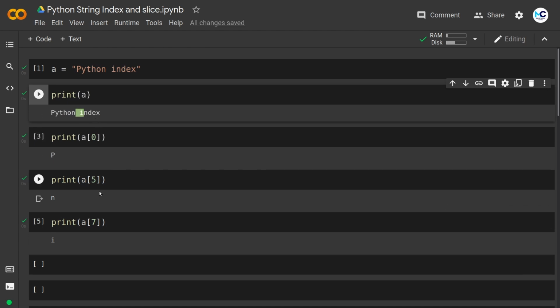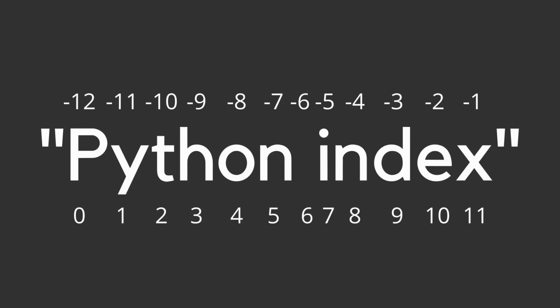Now if I want to print the last character of the string, this x, then I can use negative string indexing. Negative indexing is very similar to the normal index, but instead of starting from the beginning, it starts from the end of the string. Let me bring that image back with the negative index values of the same string so that you can easily understand this. As you can see, I have -1 index for x, -2 index for e, -3 index for d, and so on all the way to the start of the string.